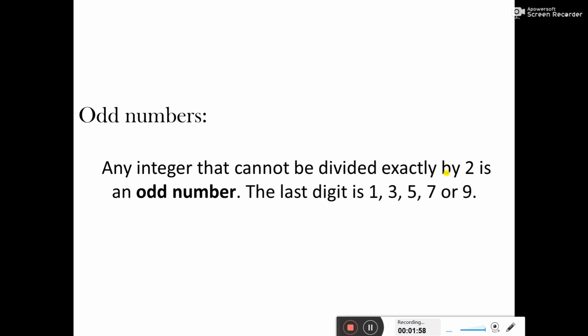So when we divide this number by 2, it will always give us the remainder of 1. That is called an odd number, where the remainder is not equal to 0.